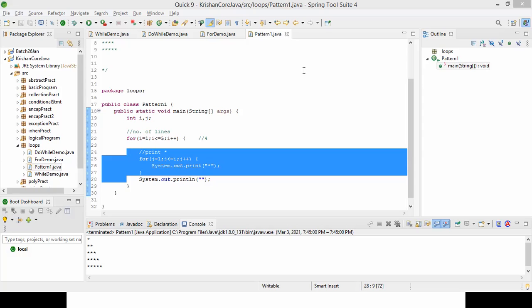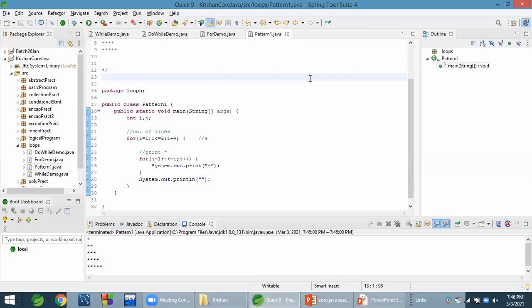Yes, sir, understood. Yeah, good. Okay, Suraj, Shantanu, Satish, Samir, Vijay, Rupa. Yes, sir. Understood. Okay, good. Very good. Okay, we will see the next pattern now.